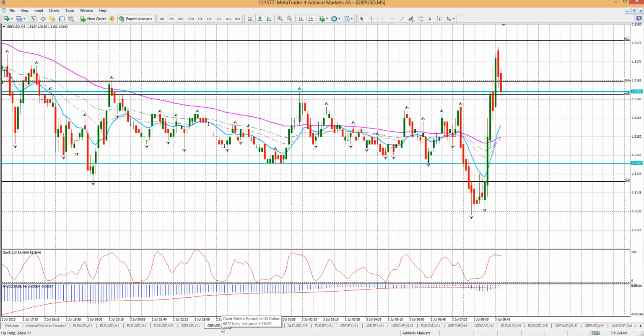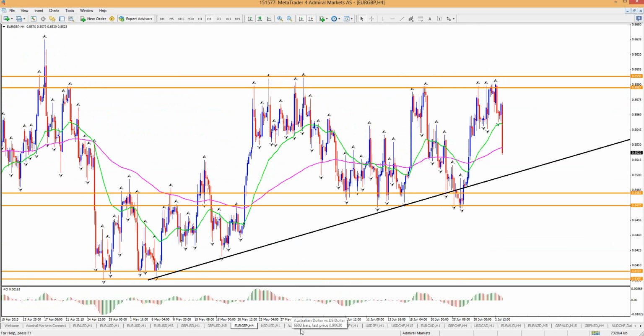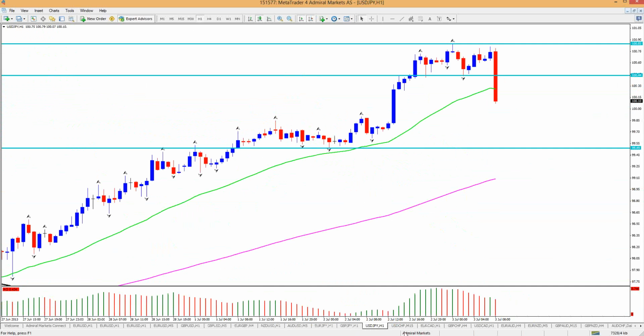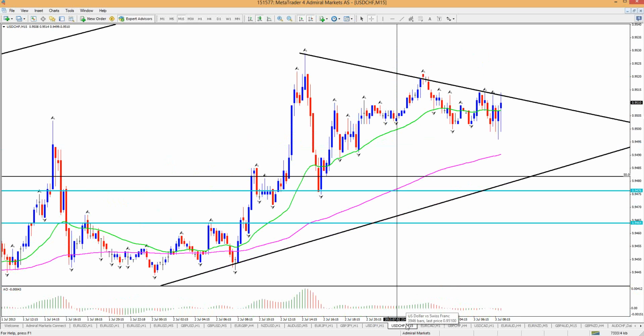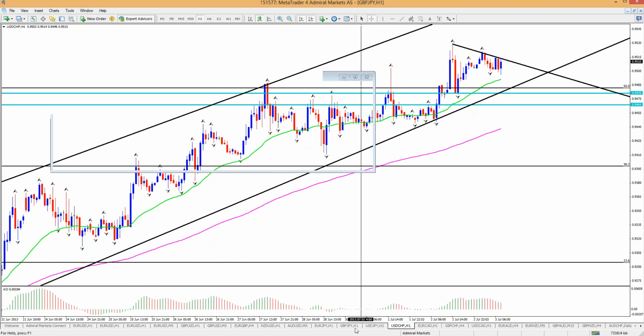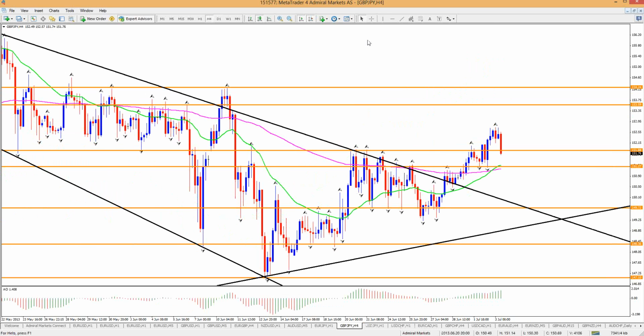How's the pound doing? Pound broke the top and is now moving down. Surprise, surprise. Euro pound is falling like crazy. Aussie moving up a bit. How's that yen doing? Going down a lot. Wow, that's an aggressive move down. That's funny. Dollar Swiss is hanging in there. So let's take a look at the others. Pound yen. Wow, that's a big fall, isn't it? Alrighty.